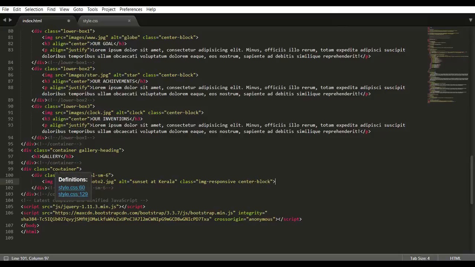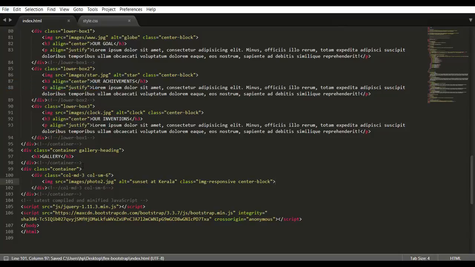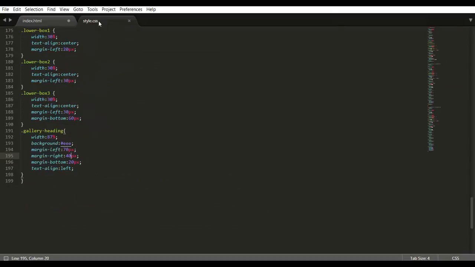Close it. Come and save this now. Now this container, we need to give it a class of, say, gallery, and coming to the CSS, let's now define that class gallery, and here